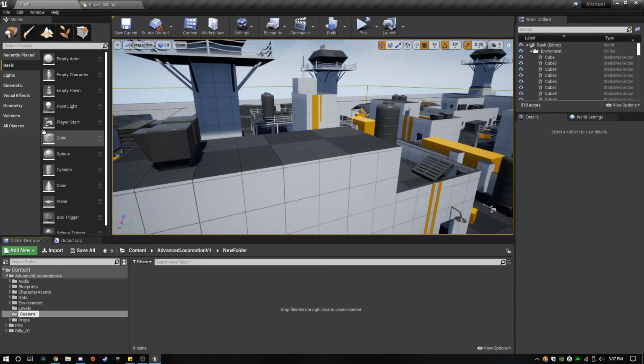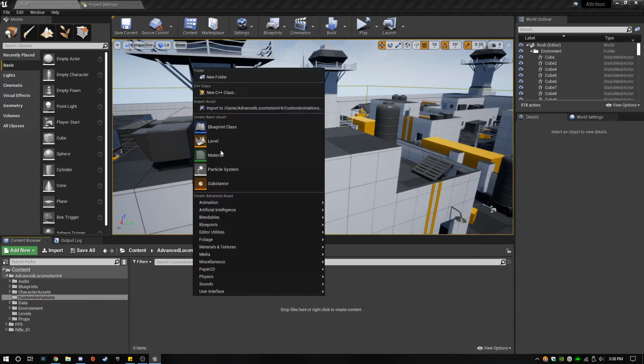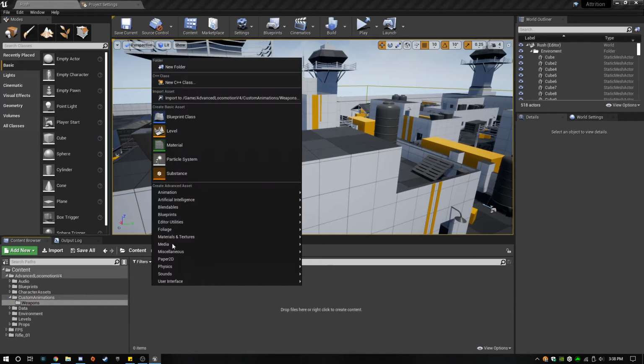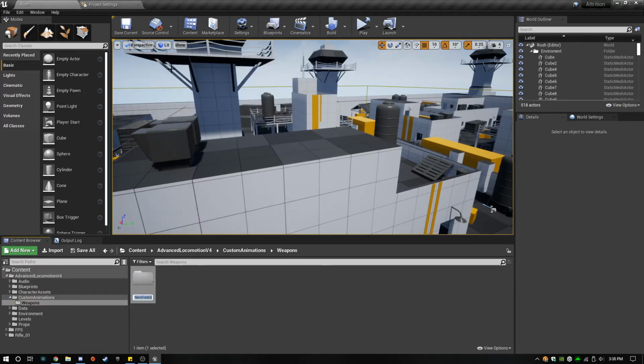Alright, I want to keep all of our animations in one spot here, so I'm going to make a folder of custom animations. I think I want to categorize it by type too, so let's say this one's going to be weapons. And then we're specifically going to be dealing with rifle animations right now.